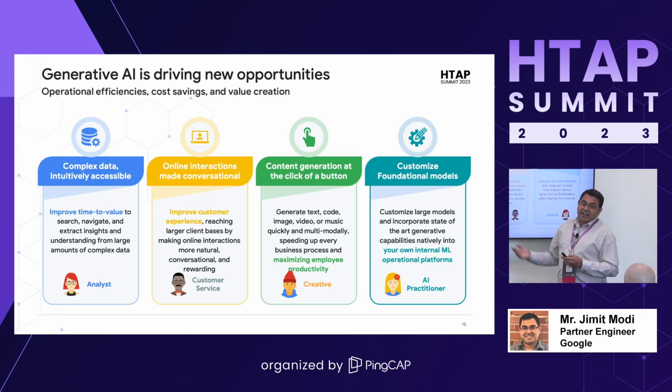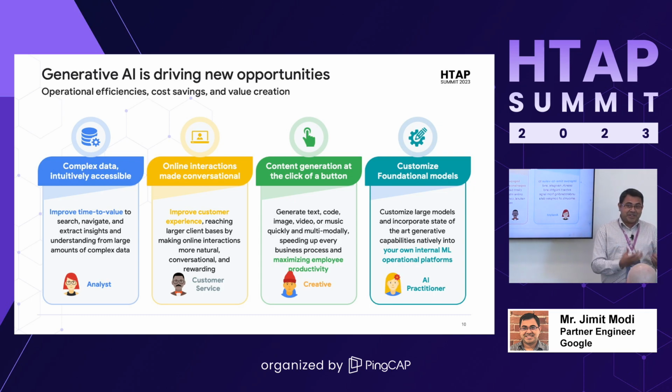The third one is for the creatives, right? Think of marketing, like an event like this. I want to come up with a very pretty image of how this event is going to be. You can always think about it, or you can give a prompt to an LLM, and it's going to come up with an image. The one image which we use a lot is, imagine you have a French cafe. In the backdrop, you have the Golden Gate Bridge, and you are drinking a coffee. If I were to tell somebody to paint that, it's going to take a while. If I give this prompt to an LLM, it's going to come up with an image real quick.